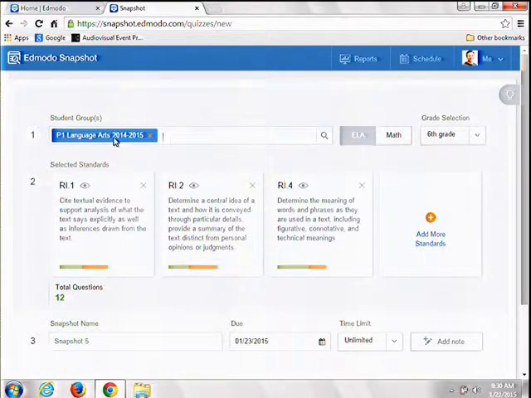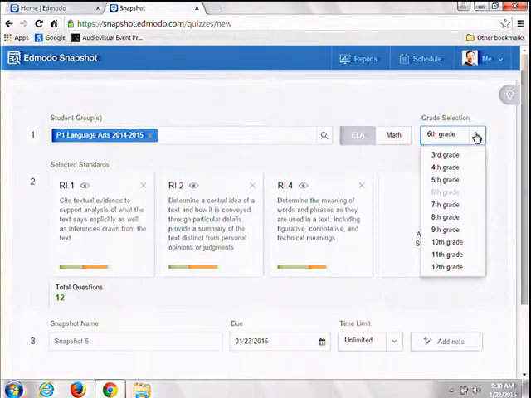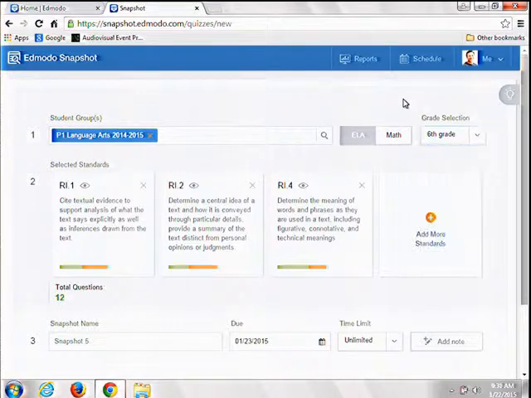Now, if that is not correct for some reason, I can switch and I could look at math, or if I want to choose a different grade level, I can do that. So one of the things I can do in Snapshot is I can always override the helpful recommendation it's trying to give me. But here's the other thing that Snapshot has done. Because I have given some snapshots to this group of kids before, what it's trying to say is, hey, these are the 3 ELA standards for 6th grade that this group of students has performed the poorest in. These may be standards that you want to continue to focus on.